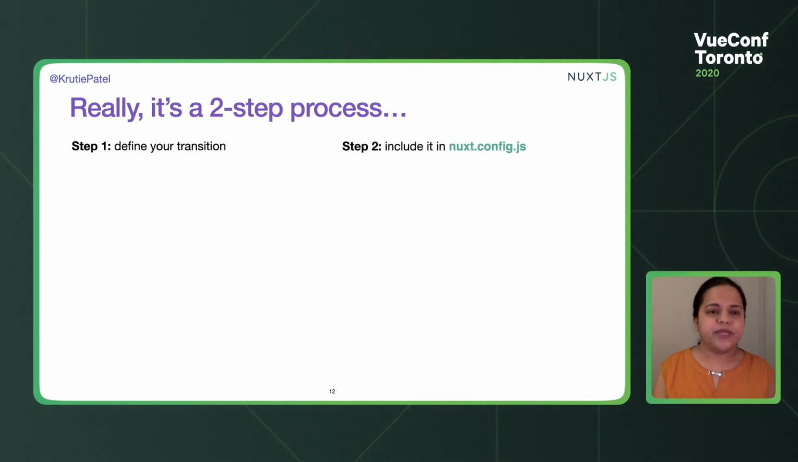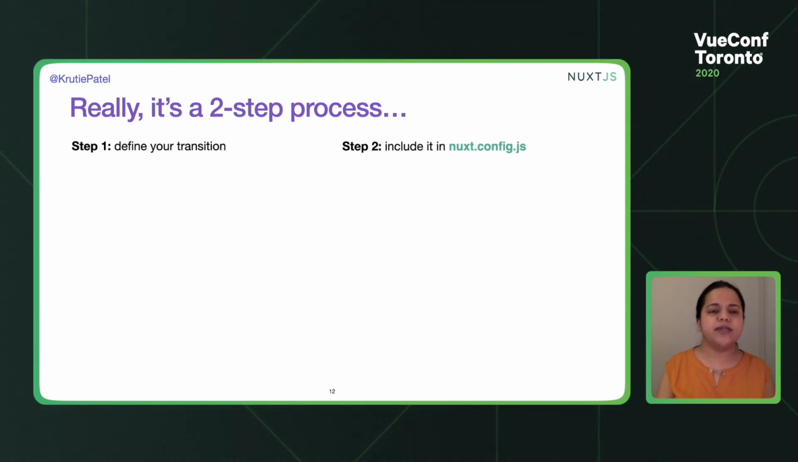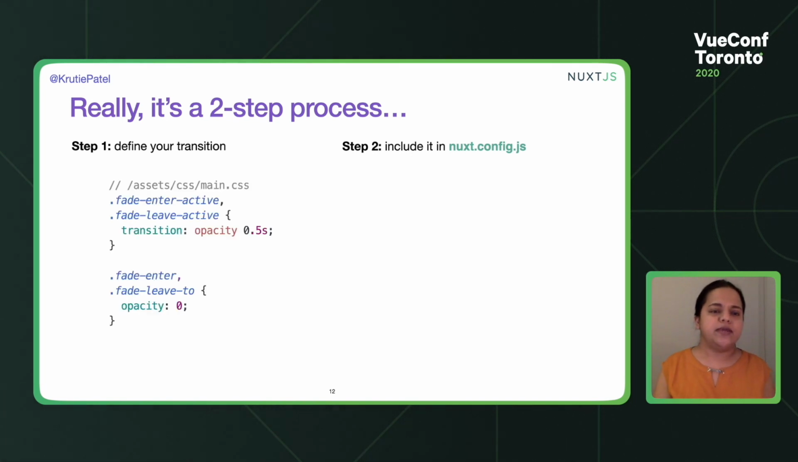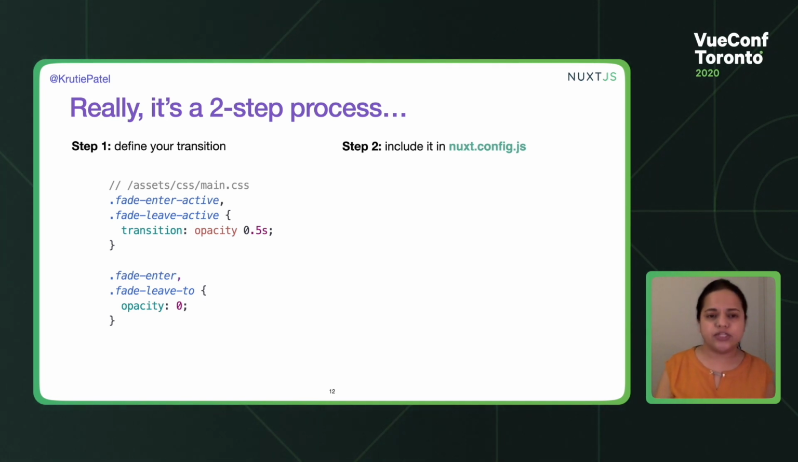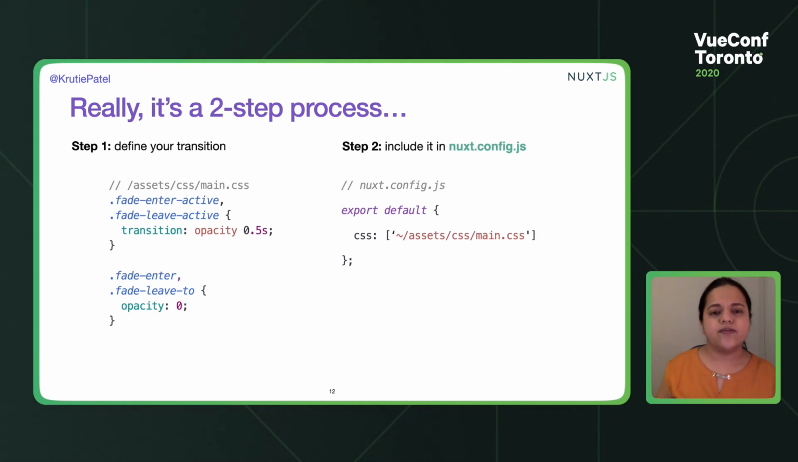As you can see, it's a two-step process. The first step is to define your transition. Here we have defined the fade transition that we saw earlier, and step 2 would be to make sure that this transition is available globally for all the pages, and that's why we would include the CSS file in